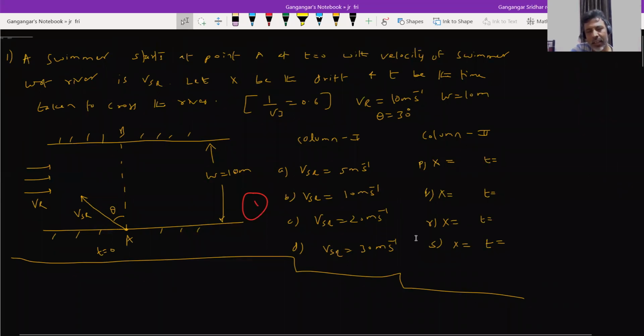It's not saying anything about whether it is shortest time or shortest path. So at least what we can say is the swimmer is swimming up the stream. Look at VSR, yesterday I told you, no? There's a condition of up the stream. So when it swims up the stream, what will happen to drift? Drift must be zero? Not so. Drift can be positive, negative, or zero. That's what this particular numerical will help you with. Okay, work out one by one. So first case we'll take it.